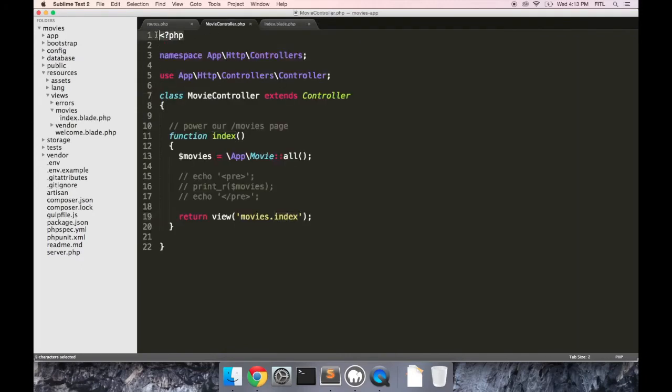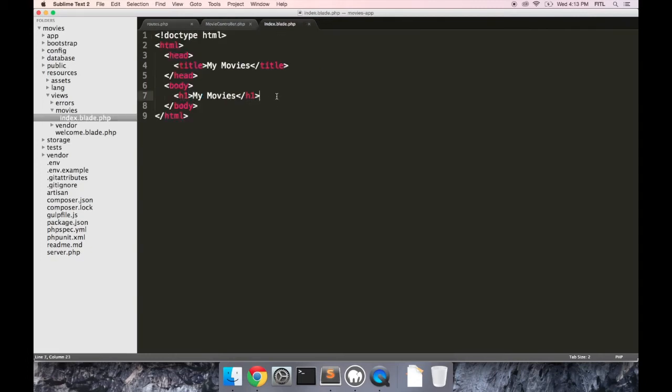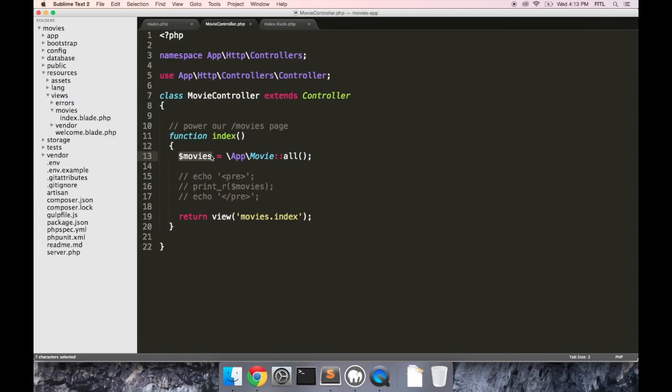So you've seen these before. This is an opening PHP tag. And these files are special, so they don't have closing ones, but I'll show you a closing tag in just a second. Needless to say, when you're working within a view, your PHP code always needs to be surrounded by opening and closing tags. All right, so as you might have imagined, we're ultimately going to want to pass these